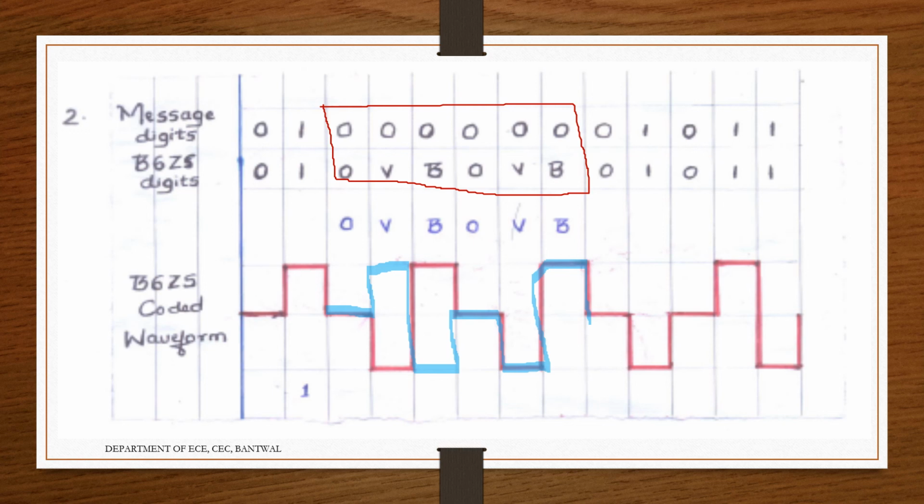Next, we solved some problems related to line codes. We solved different techniques: unipolar, polar, RZ, NRZ. So this is unipolar NRZ, unipolar RZ, polar NRZ, bipolar RZ, Manchester coding. Then at last we solved some problems on HDB3 encoded signaling, and also B3ZS signaling and B6ZS signaling. Hopefully most of the topics have been covered.